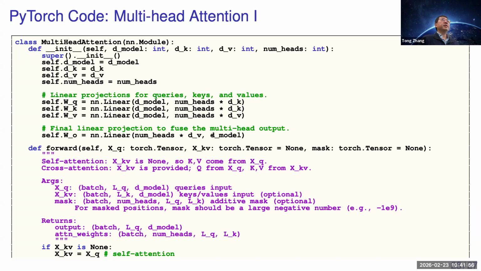This one is another linear projection, right? Number of heads times this dimension to get to the model dimension, because each one has m heads. Basically, yeah. And the forward, we can take a look. Forward is